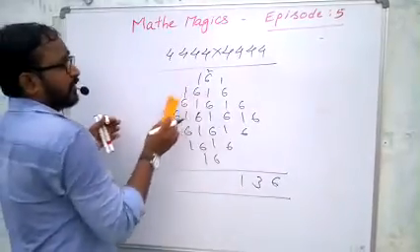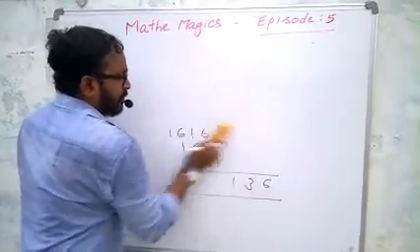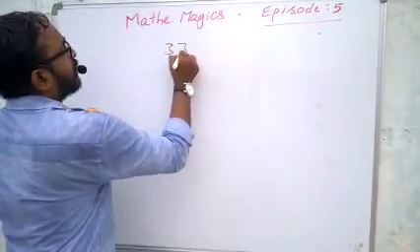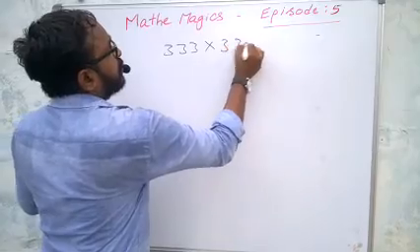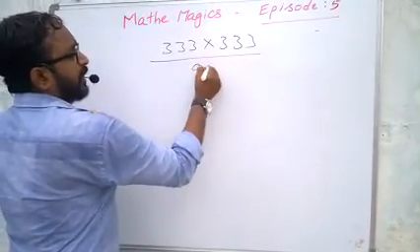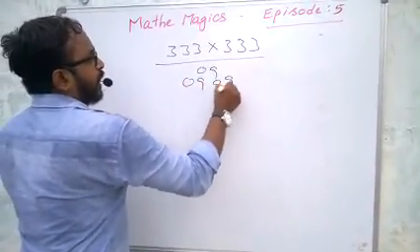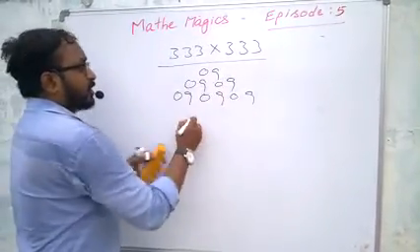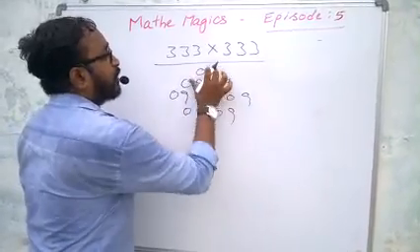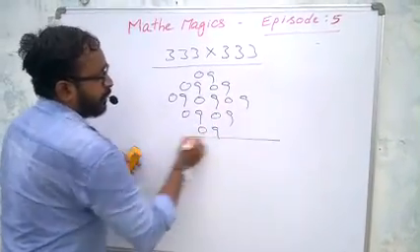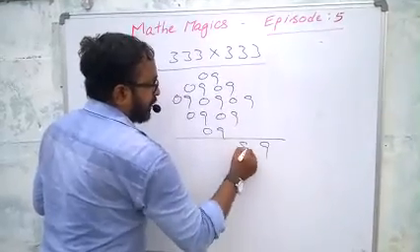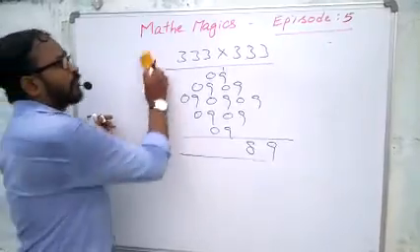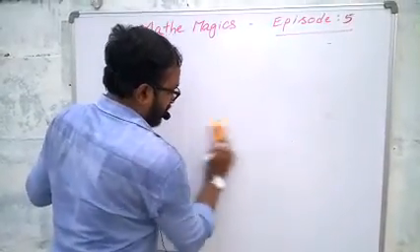So this is one method, especially for children. For example, if the number is 333 into 333, 3 into 3 is 9, take 09, 09. Stop writing here and now start reducing. 09, only 3 rows. Again 09, start addition. That is 9, this is 18, like that. We are able to find the sum at the bottom very easily. Of course, it is useful especially for children.